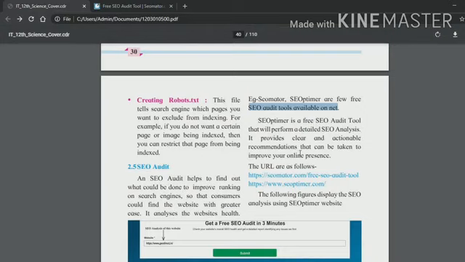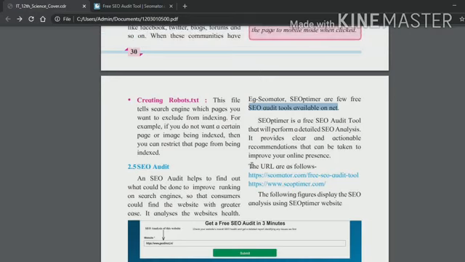It will provide clear and actionable recommendations that can be taken to improve your online presence. The URLs are as follows: https://seomatter.com/free SEO audit tools, and another one https://www.seooptimizer.com.